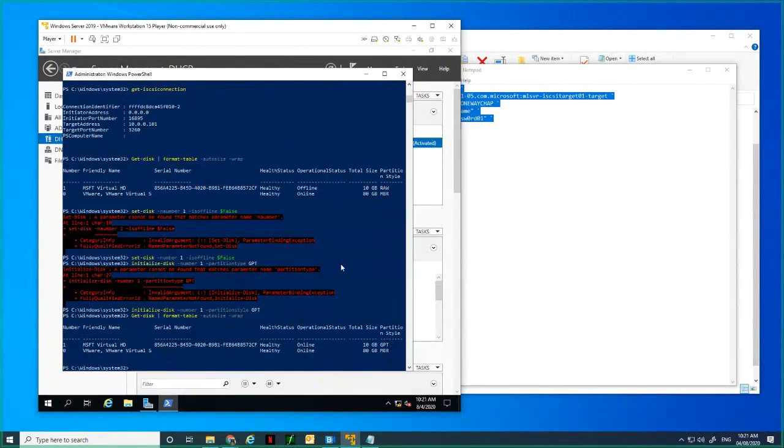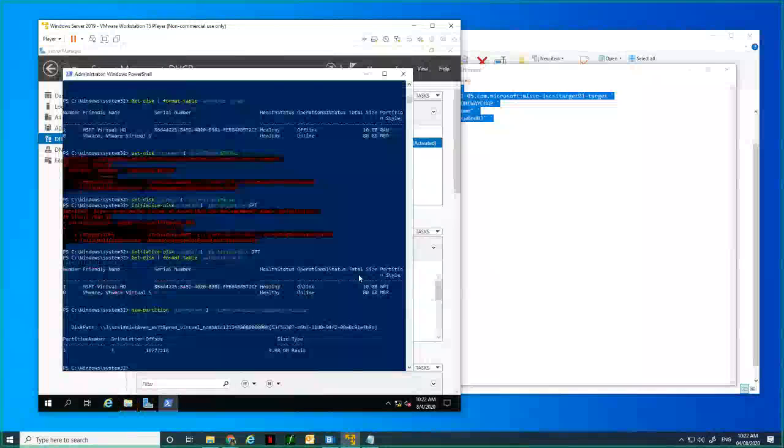Now, before we can actually format it, we need to give it a drive name number. So we need a new partition on disk number 1. Use maximum size, and we want it to assign a drive letter. And let's hope my typing worked. Yay! Okay, so the drive letter that's been assigned is F,